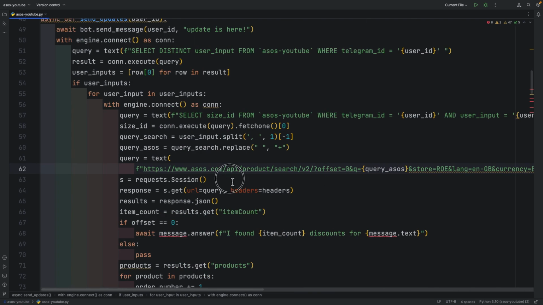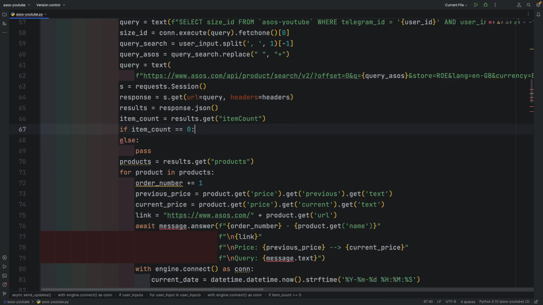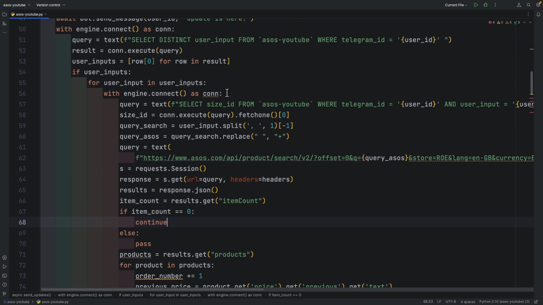Then, if there are no products for this query, item count variable is gonna be 0. So, if item count is equal to 0, that must mean that on the ASOS website, currently no products matching our query. So let's use the continue statement that tells the program to immediately jump back to the beginning of our loop and start the next iteration.